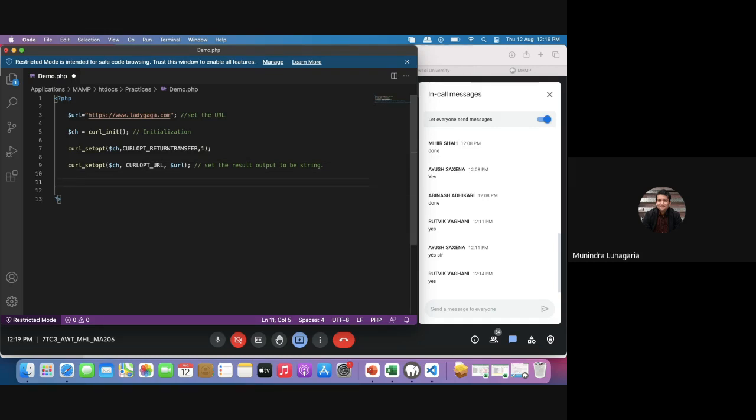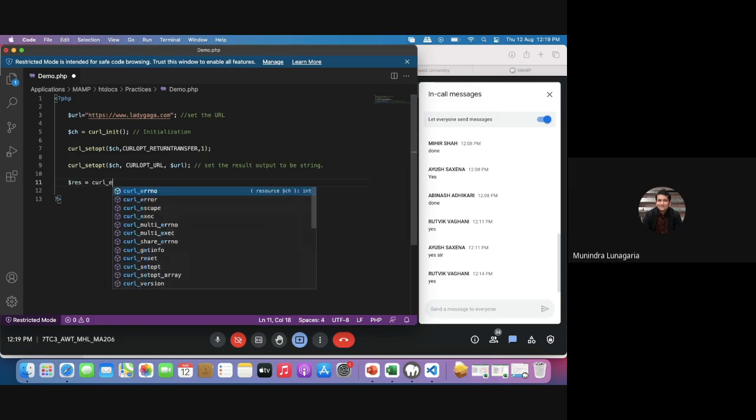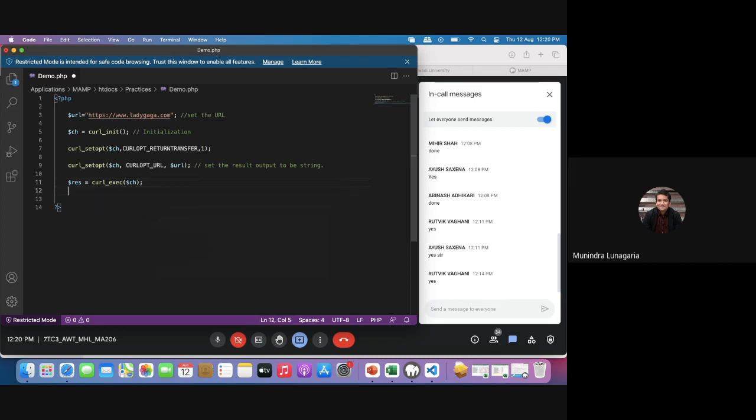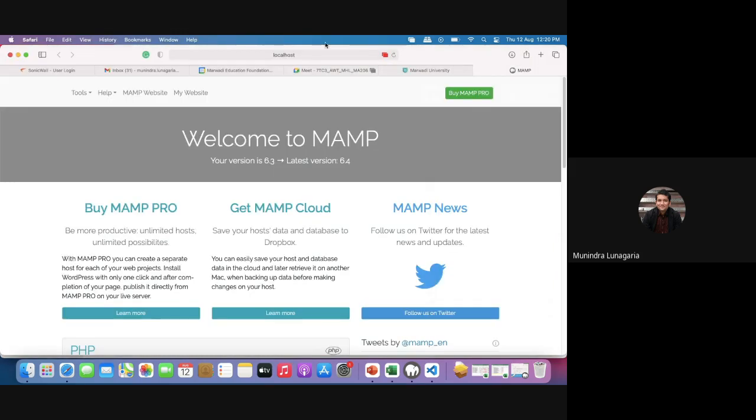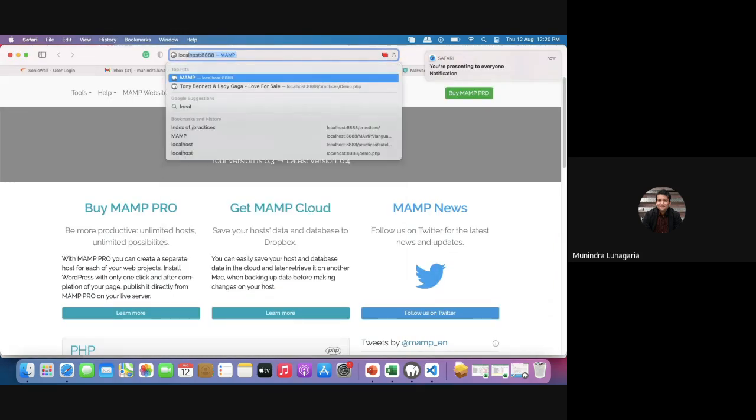Now we will execute this. So $result equals curl_exec, and the argument is $ch. And echo $result. Now let's execute this and check whether it is working or not.